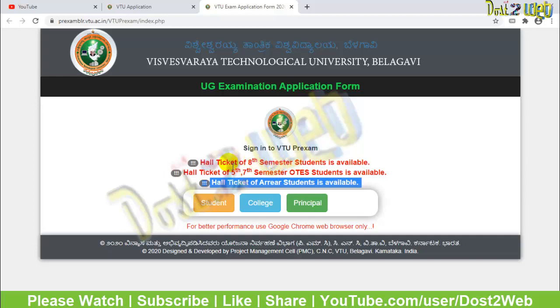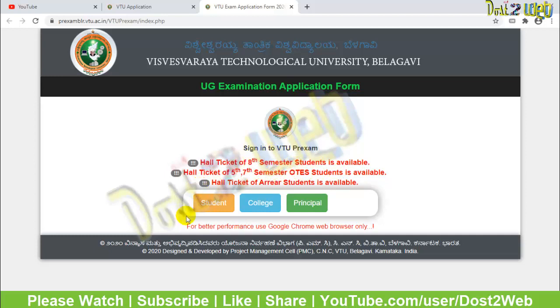So what you have to do, as usual, you have to click on the student link. Don't try to log in, other guys, like whoever is going to 3rd semester, or whoever is going to the 5th semester, or whoever is entering into the 7th semester. If you have backlog, that means arrear, then only if you have applied, guys. Mainly the thing is that you have applied. Even if you have backlog, that means arrear, and you have not applied, then it will give you the error that you cannot log in.